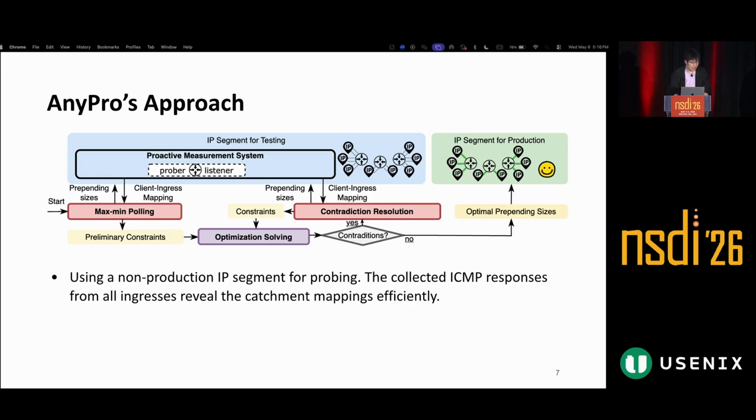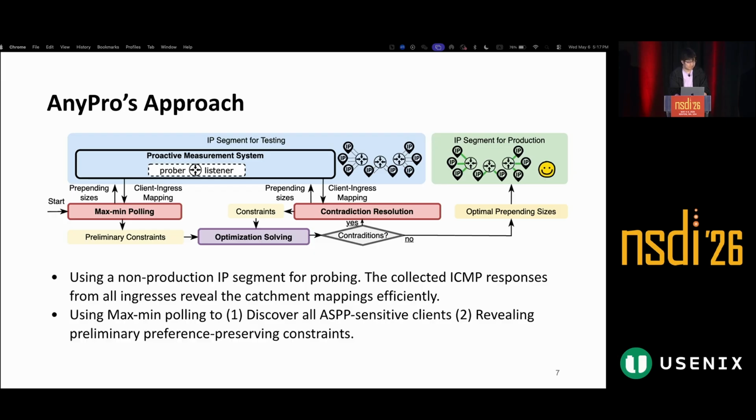For each POP, we have a prober and a listener. The prober sends out an ICMP request, and the listener will detect which client reaches which POP. In this way, we can collect the ICMP responses from all the users, say 240K users, and know what the real catchment mapping looks like.